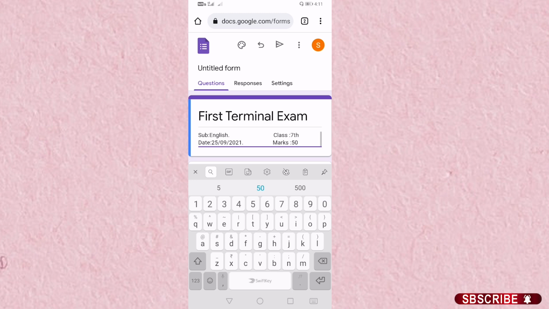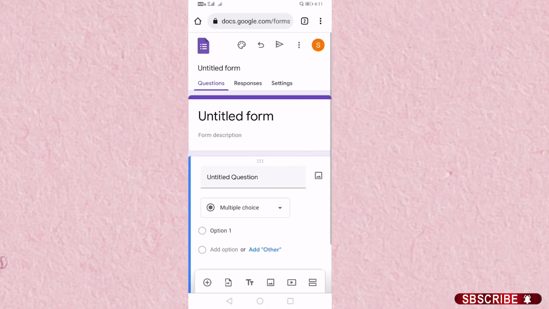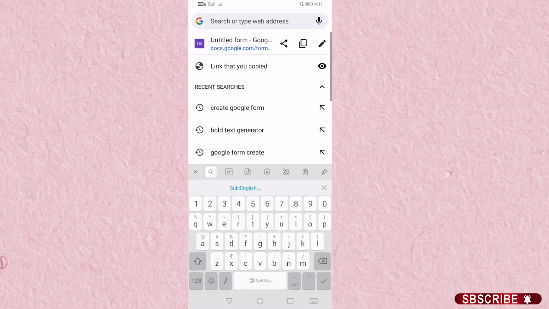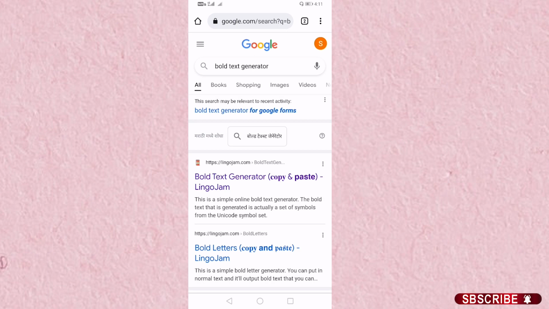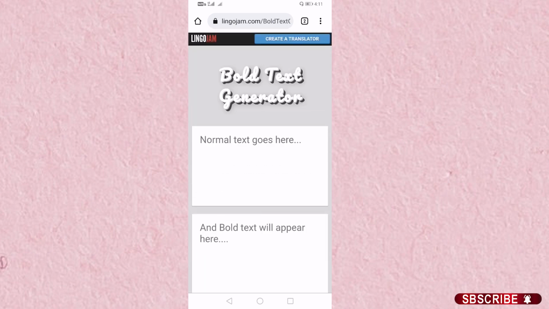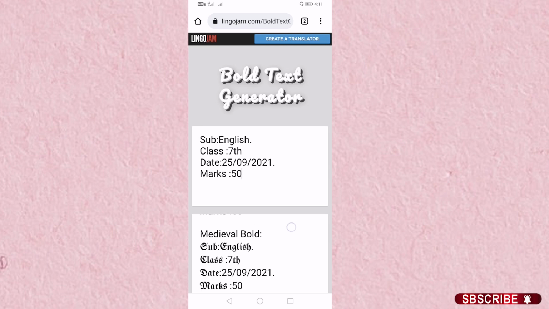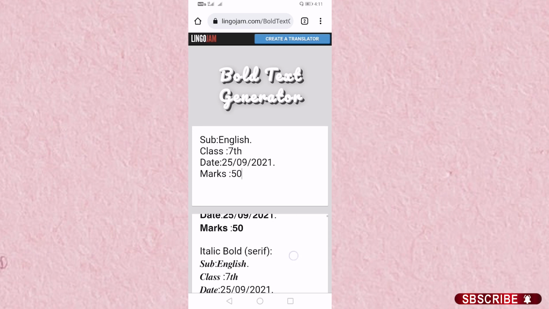Now if you want these letters in bold, you can just copy these letters. Let us go to a new tab and type bold text generator. Just go to the link bold text generator, paste it, and here you will find those letters in bold.